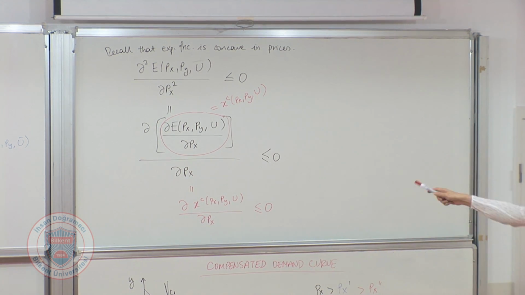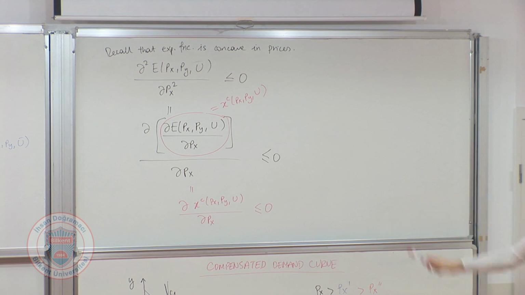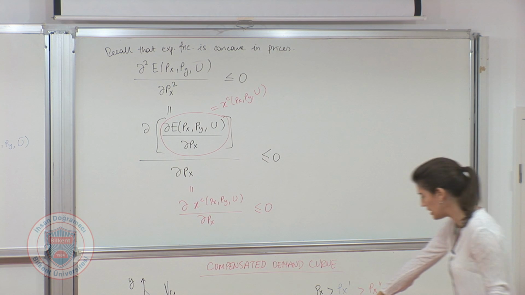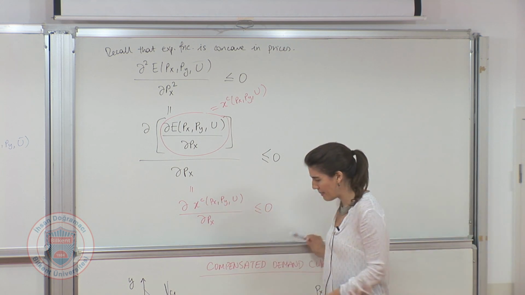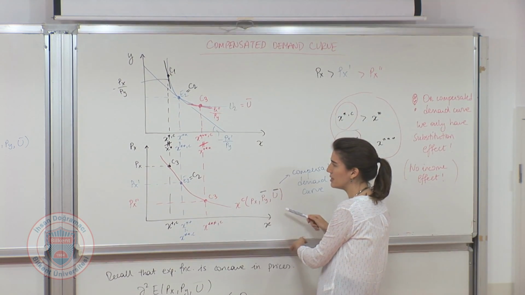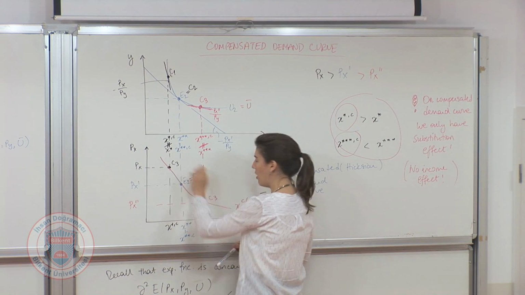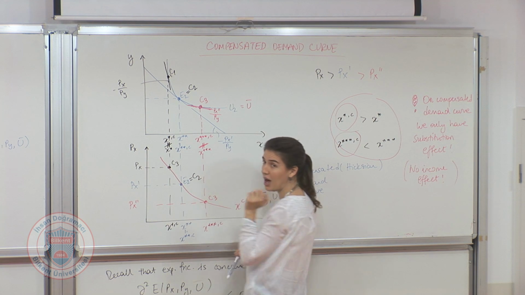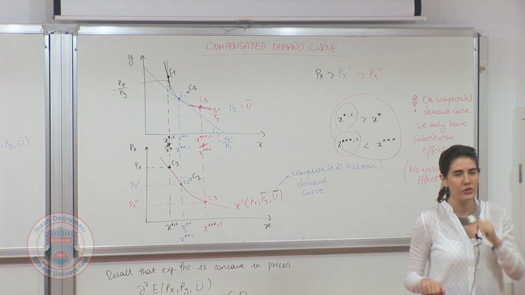What is this? The derivative of xc with respect to px. How do we call this? It's a slope. It's the slope of compensated demand curve, right? So it's the slope, right? So if this is my compensated demand curve, I take, remember, it's this. This is my compensated demand curve. If I take the derivative of this guy with respect to this guy, it's going to be actually, okay, so